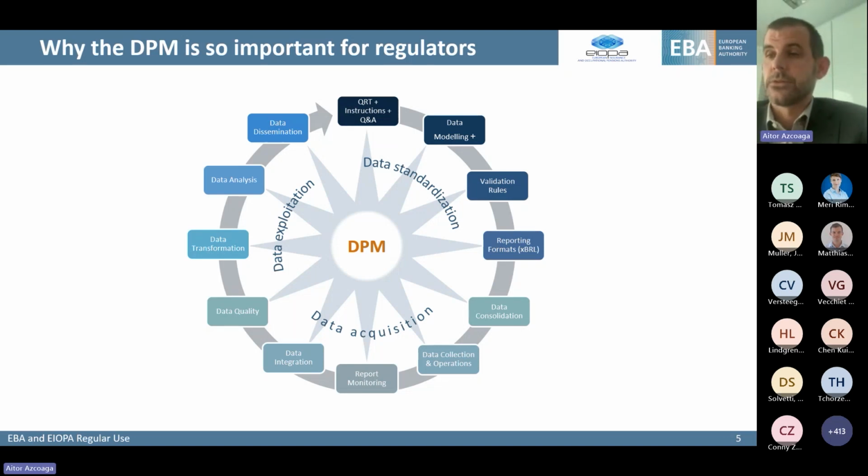Next step in the reporting process, you have the data consolidation. This is where the undertakings are intervening. So this is where you need to prepare the data obligations, the modules, the reporting obligations, and then you need to do a lot of data aggregation and data consolidation in your stream in order to prepare all the information that the regulator is asking for.